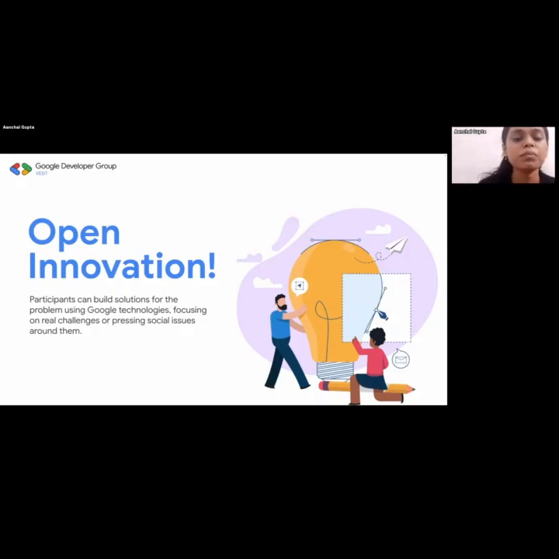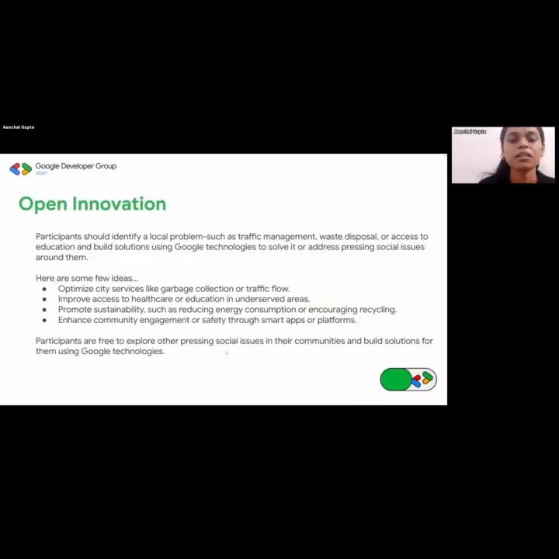Now, what kind of problem statement are we looking for? Or what kind of problem statements are more likely to be a good choice? Basically, as I said, we are looking for something that is solving a community problem. All right. Now, what does this mean? It's basically you look around, you look for what problems are there around you that you can solve. Over here, there are certain examples like traffic management, garbage collection, problems in healthcare, education. You can even look around at what problems you face in college as a student.